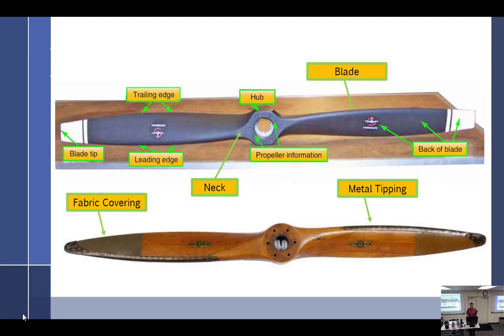All right, so we're going to talk about our fixed pitch propellers first. One most wonderful thing about fixed pitch props is the way they named things wrong. And by things wrong, they named the face and the back wrong. So if we are sitting in an airplane and we're looking out the front window, we would not see the prop looking like that. We would see it the other way around. But since I guess I have that picture, we can look at it. We are looking at the back of the propeller.